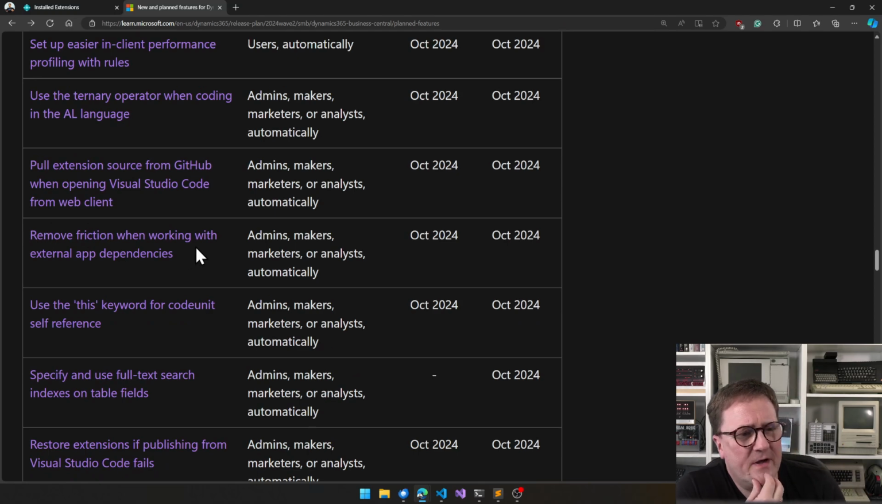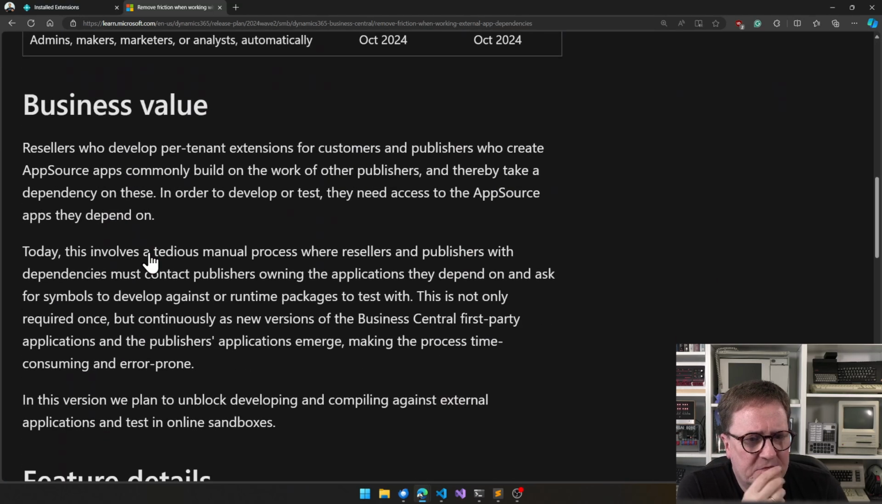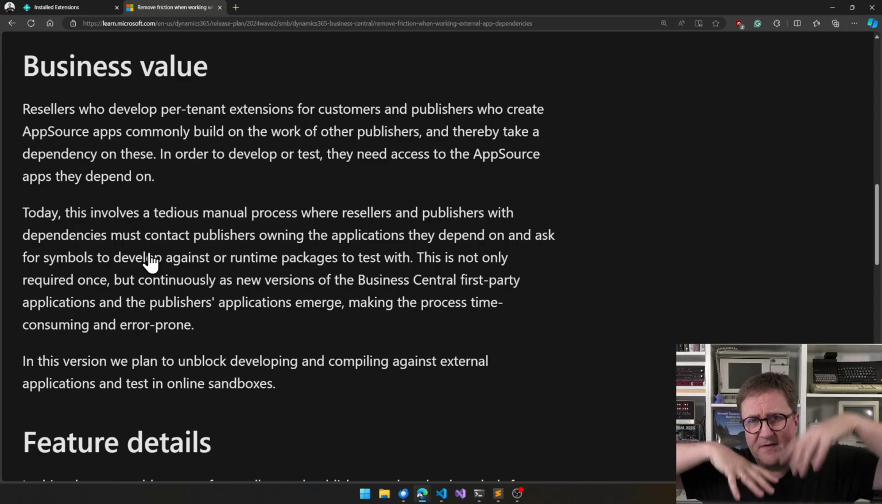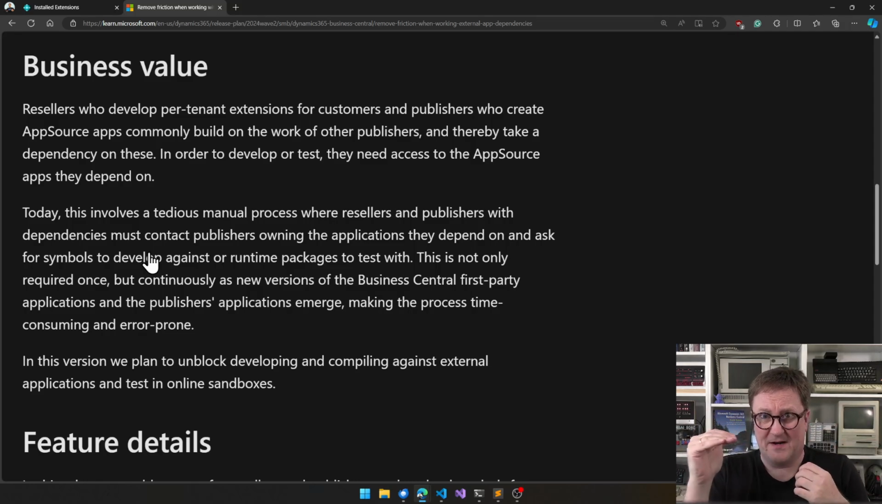Remove friction when working with external app dependencies. This one is very interesting, and for sure I'm going to do a video on this. So the challenge is that if you have a dependency to an AppSource app, how do you easily get the symbols? And depending on whether the app will give you full symbols or just give you the public symbols, that has been annoyingly hard. So Microsoft is now basically, for all AppSource apps, going to auto create a NuGet package with the